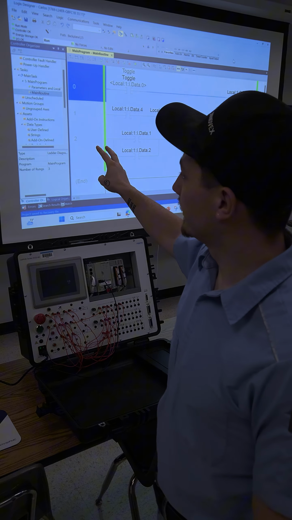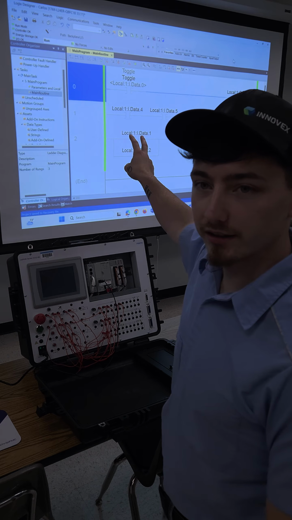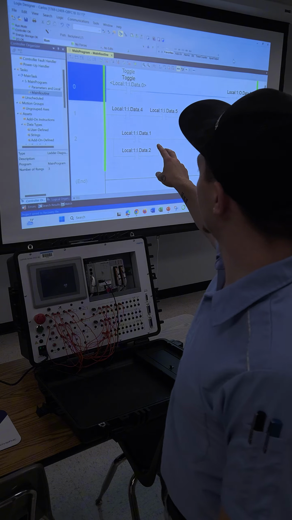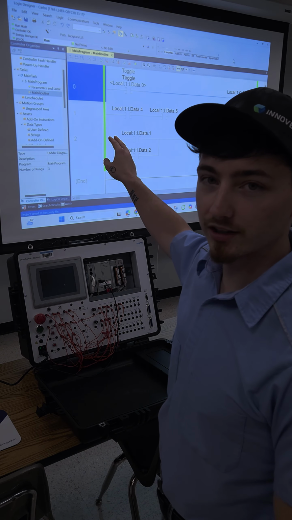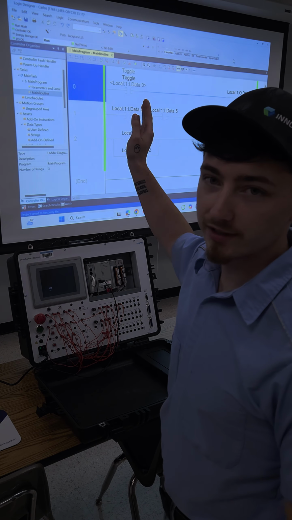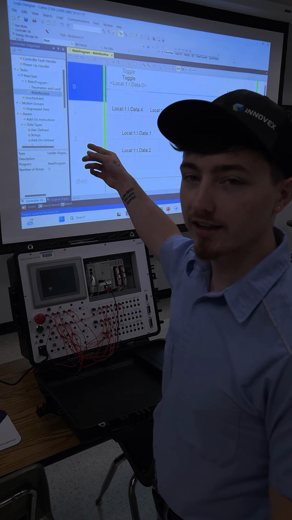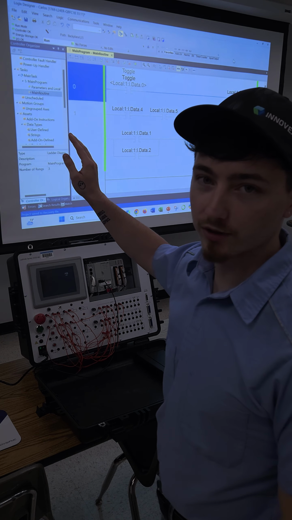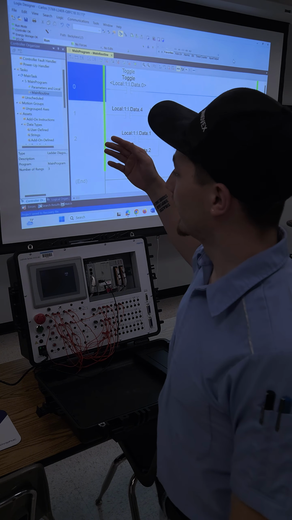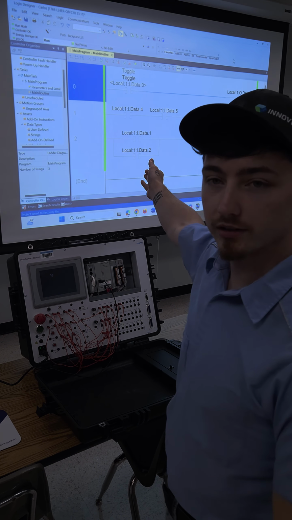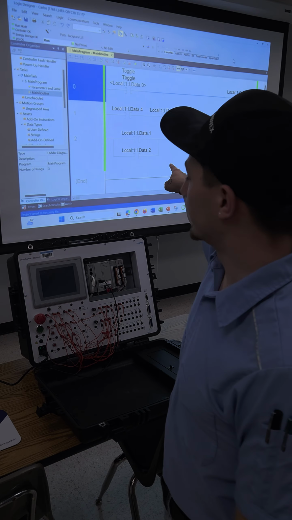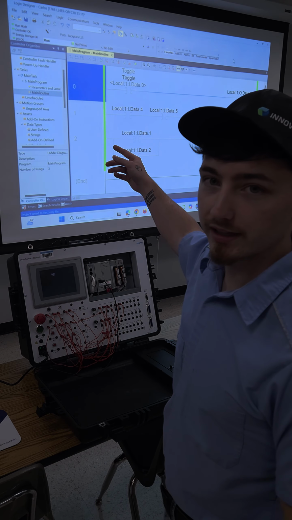But we've also got on the rung number 1, this is an AND logic gate. So that means the first contact and the second contact have to be closed in order for the power to flow to the coil. And then if you look on the rung labeled 2, this is an OR logic, because